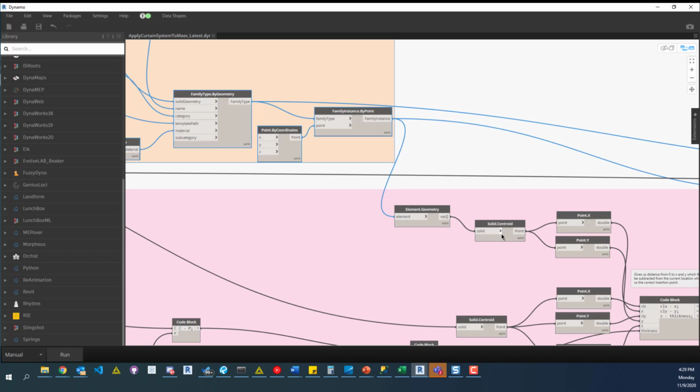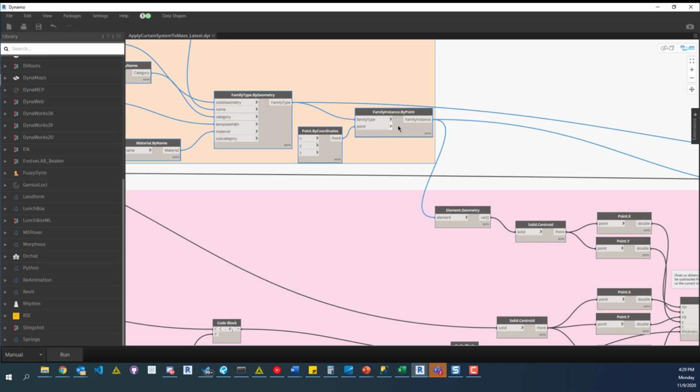Then I figure out the centroid of that geometry, and then I just figure out the difference. So each instance of that family is at 0, 0, 0, and then the center point is offset somewhere based off of the center of that geometry, from 0, 0. So I just take that value, which, for example, we could have a square. The insertion point's at 0, 0, 0, but the center point is at 22 in the X and 22 in the Y, or something like that. And because we started at the insertion points of 0,